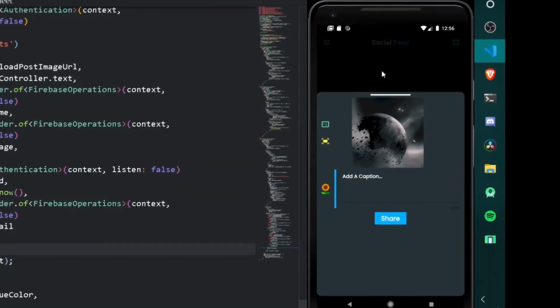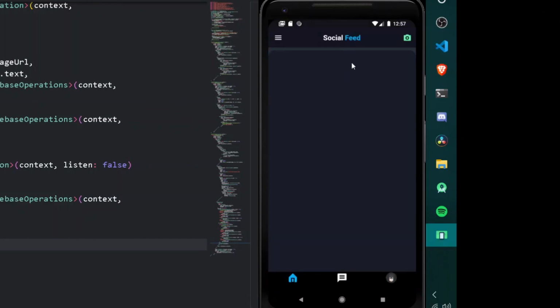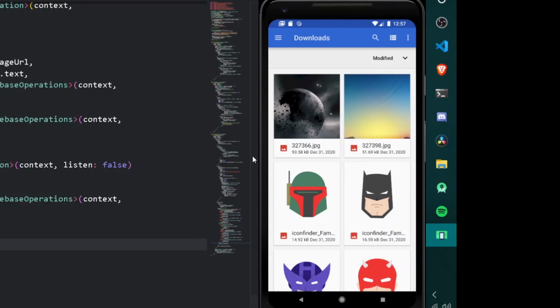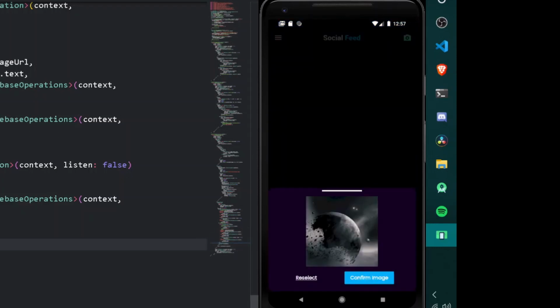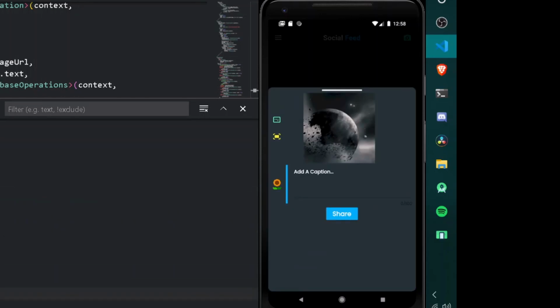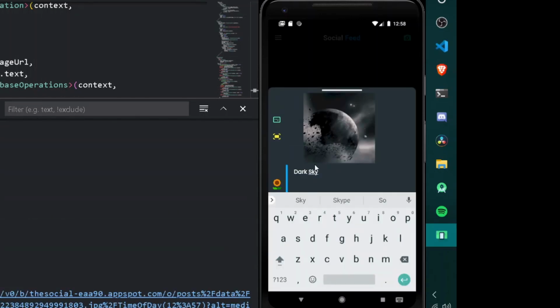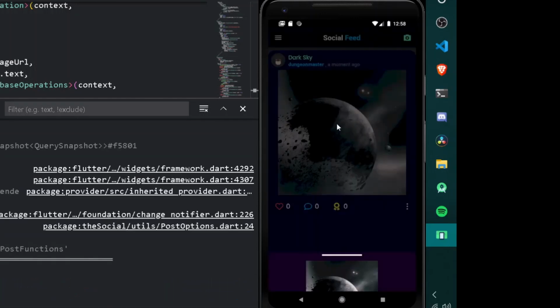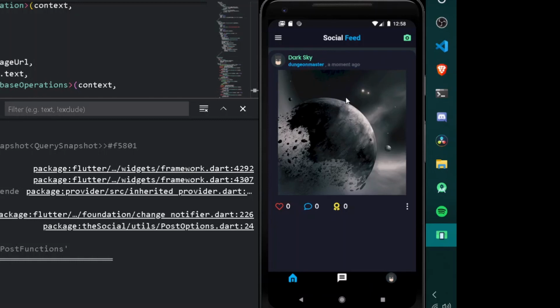So now we can simply test the following thing. So let's create one more post by moving into gallery, and from here let's select the following image. Let's confirm the following image and check our debug console. A healthy habit. Cool. So image is uploaded, and here we can write a new caption. So once we have added a particular caption, we can simply share the following image. Easy, we have added the particular image under our main post, which is just a moment ago. So let's do one thing, like our own post.